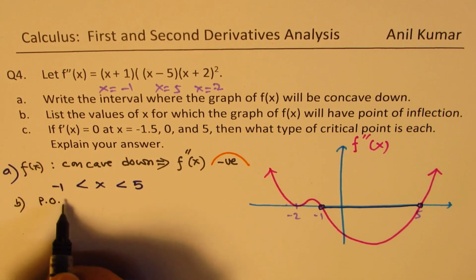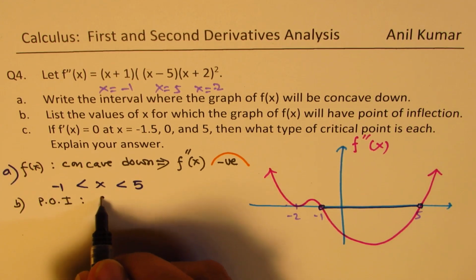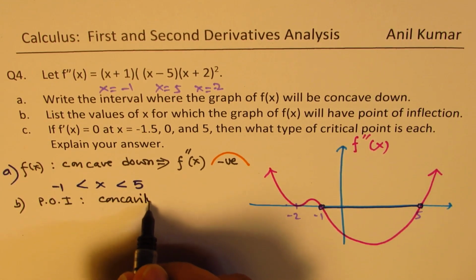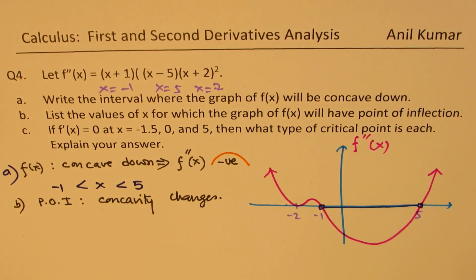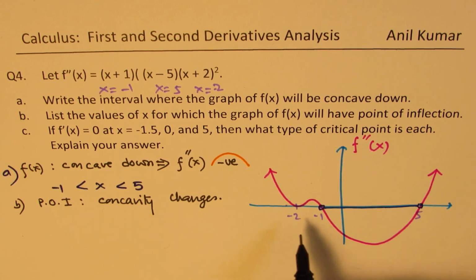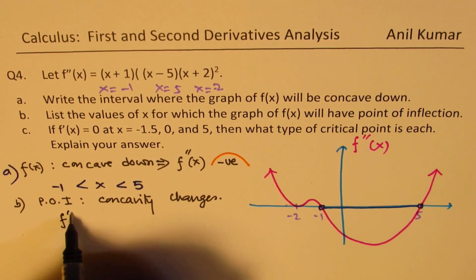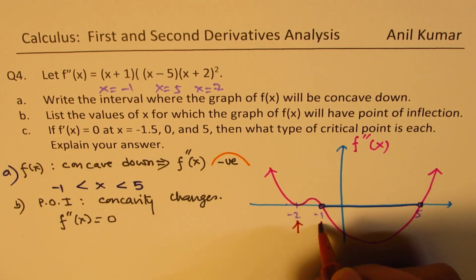Now let's look for the point of inflection. A point of inflection is when the concavity changes on either side, right? Then we get a point of inflection. Also, we need the critical number where the second derivative is 0. So we are basically analyzing in this case the 3 points, which are at minus 2, minus 1